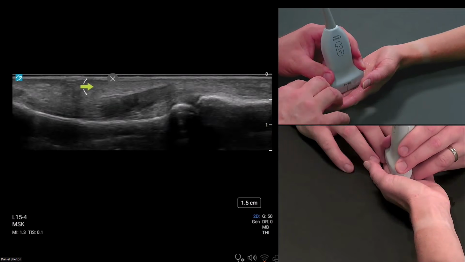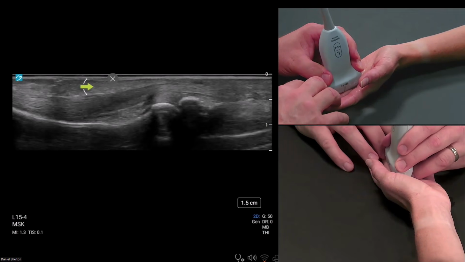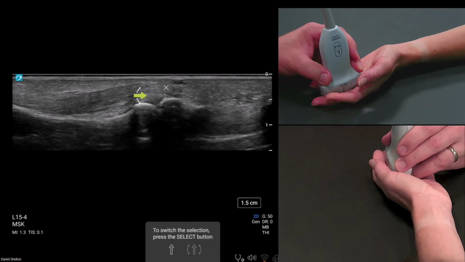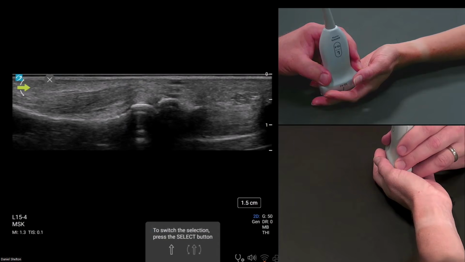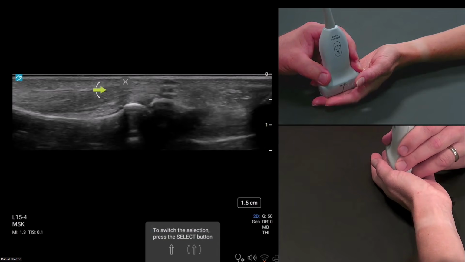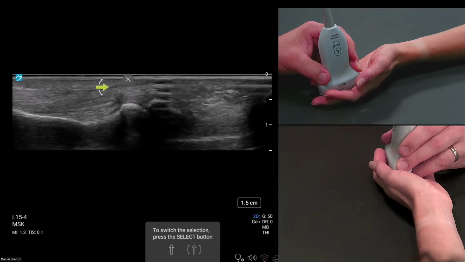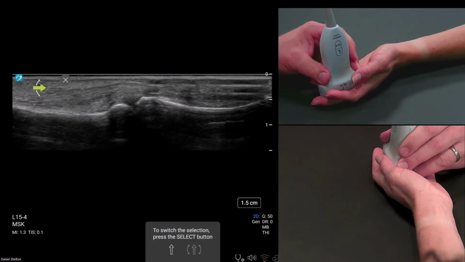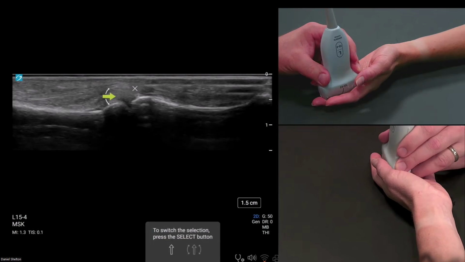And at the PIP level, we have A3 right over the palmar plate. So A3 starts here. So we have palmar plate, and then we have the A3. We're going to basically ignore C1 because it's really hard to see. Most of the time you don't see it. In a conventional frequency, you probably won't. So you'll just jump from A2 to A3. A3 is right over palmar plate of the PIP.